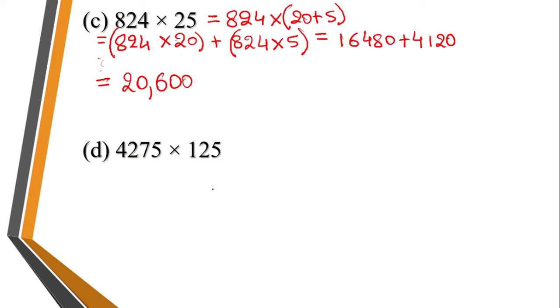Now let's try for 125. So it will be 100 plus 25, right? Again we will split 25 and it will be 20 plus 5. So here we got 3 numbers, but here we got 4 numbers, right? So if we split 125, it would be very easy. And multiplying with 5 is easy because it's a single digit, and multiplying it with 100 is also easy. And for 20, here we should only multiply it with 2 and add 1 0. So now let's split 125. So it's very easy, right? Now let's start it.